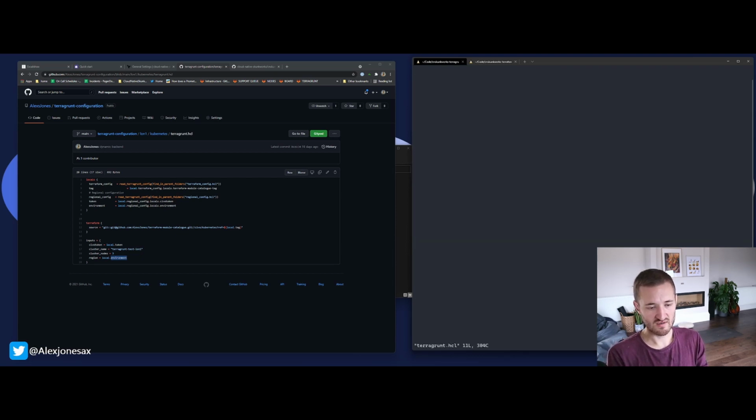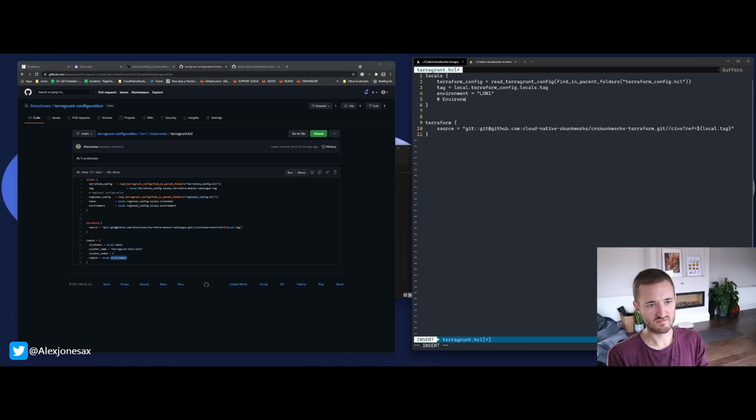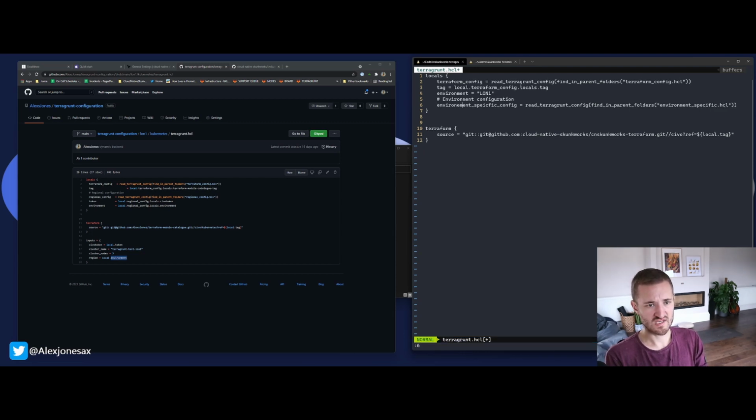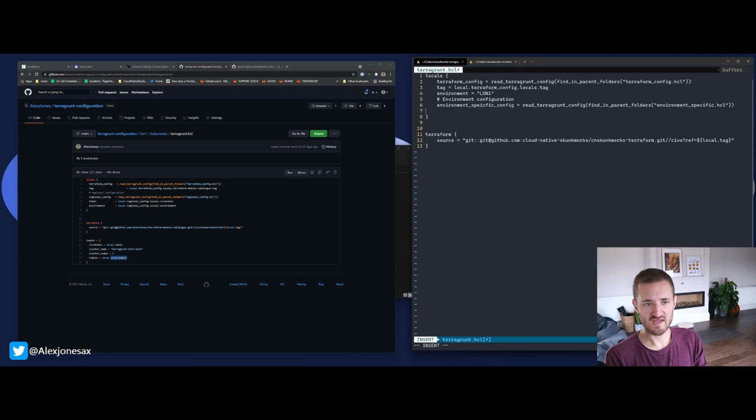So I'm going to follow that trend, and I'm going to have a new environment configuration, right? So what we do first of all is open up our environment specific config, and we're going to say read terragrunt config, find in parent folders, and we're going to go to environment specific.hcl. In fact, I've got a spelling mistake there. I'll just fix that spelling mistake. And then we're going to go to actually pulling out our token. So token equals local.environment, and I've got two spelling mistakes. It's not my day today. Specific, and